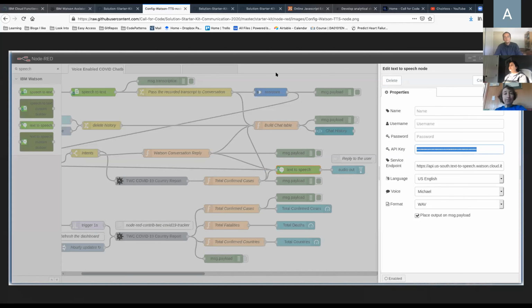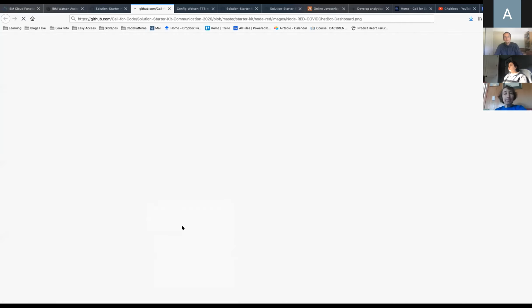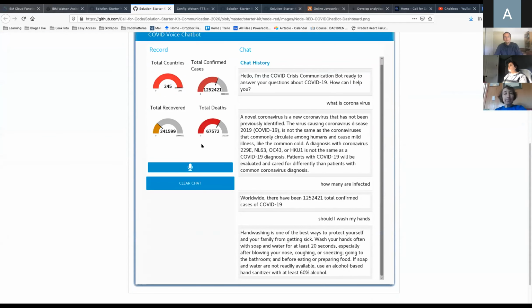So for example, this is the Watson Assistant node. I know this looks a little bit overwhelming, but you're going to use some of these services, like text-to-speech. Here, you can put in your API keys for those services. And at the end, he created this thing called the dashboard. He created this whole dashboard where he can take the data and build these gauges. He built this whole dashboard on chat history. And if you click on this button, it lets you speak to the chatbot. So there's a speech to text way you can interact with this chatbot.